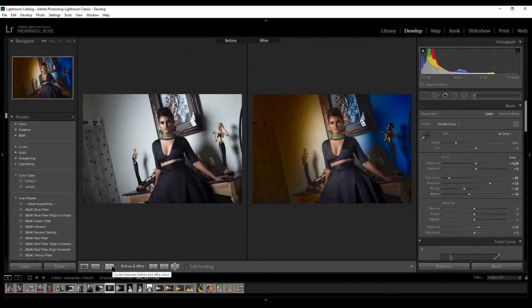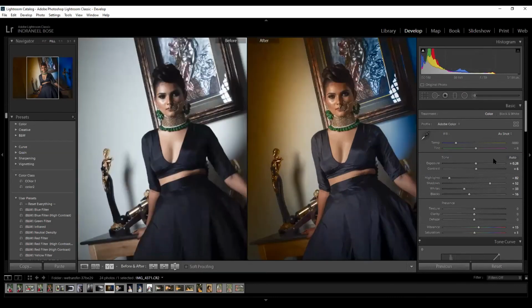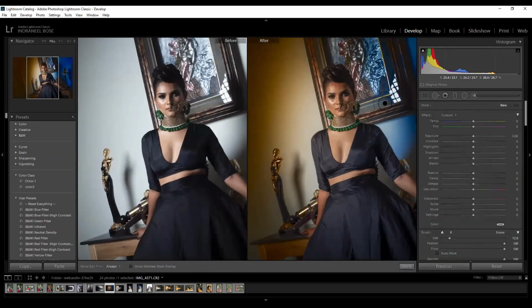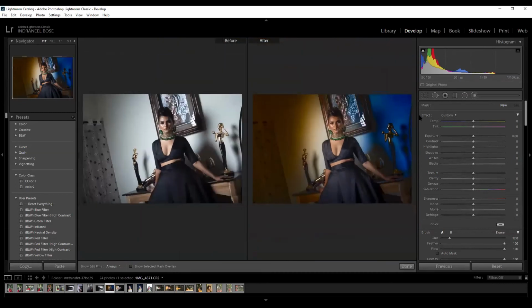See, now what you can do, you can just mask up. As I've basically played with the yellow, it's looking natural, not artificial.